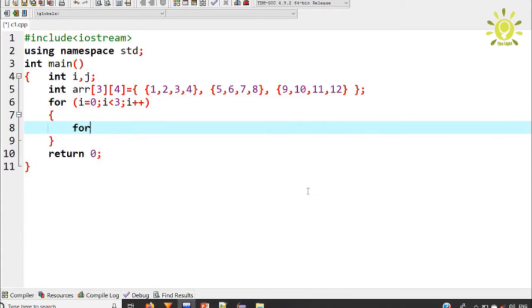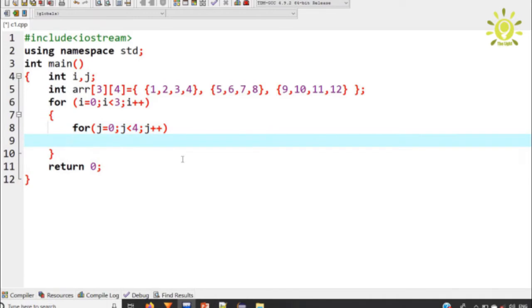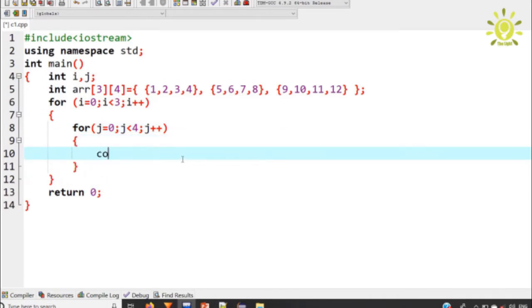Then the body of the outer for loop, and then the inner for loop with j, which I have already declared. The column has length 4, so in the inner loop I have used the condition j less than 4 and then j plus plus. In the body of the loop I will cout the array name ARR, with first the row and then the column.